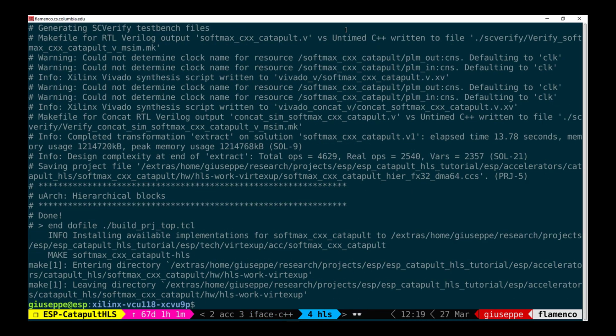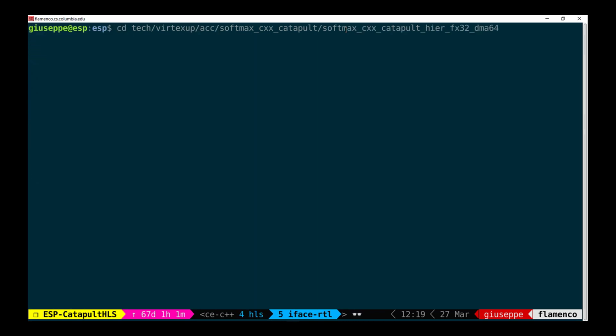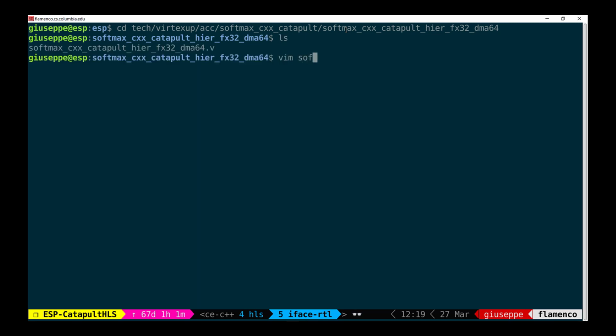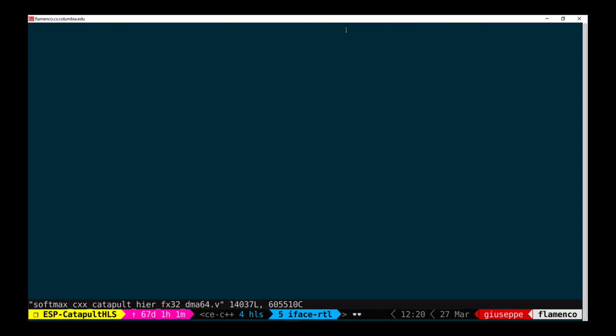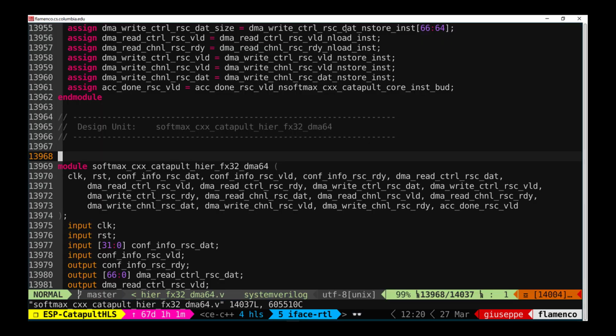Once synthesis completes, we can check the generated RTL code. The RTL files will be placed in a directory that is technology and accelerator specific. Here we can find our Verilog file. It's relatively big. And closer to the bottom, we may recognize the RTL interface for the Softmax accelerator, where besides